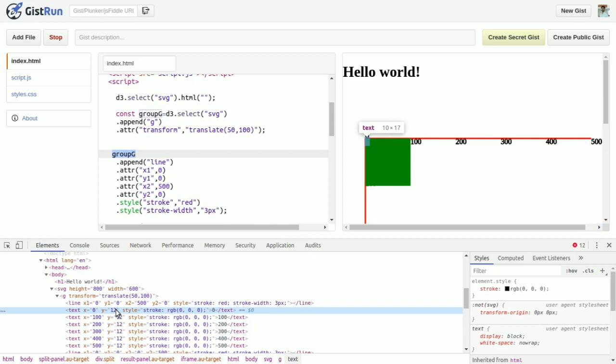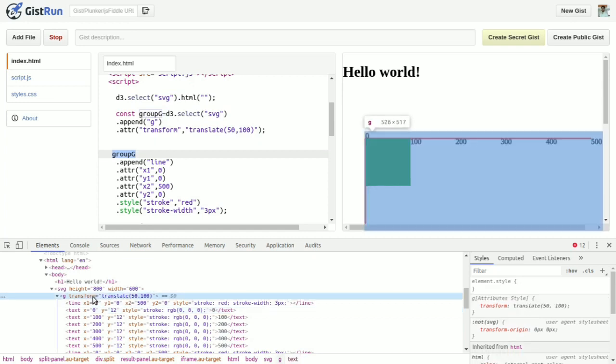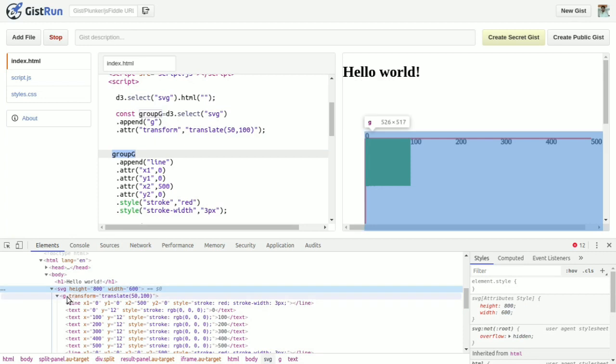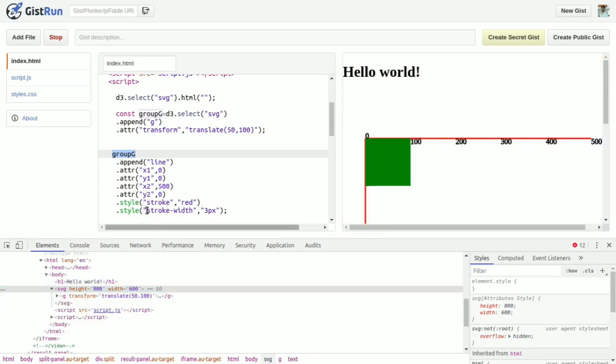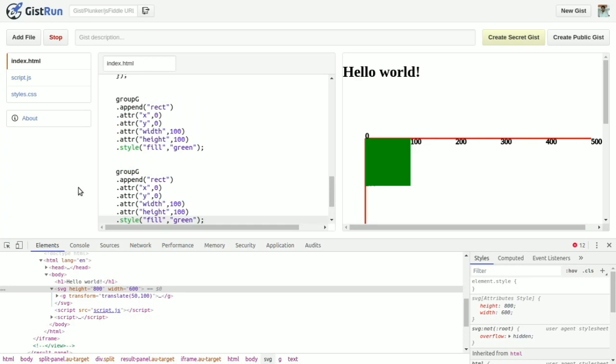So you can see the output, what happens whenever you provide the group element and whenever you do not provide the group element.